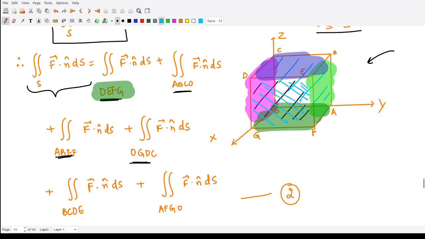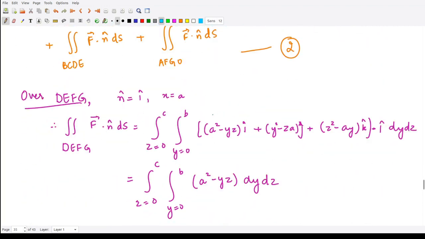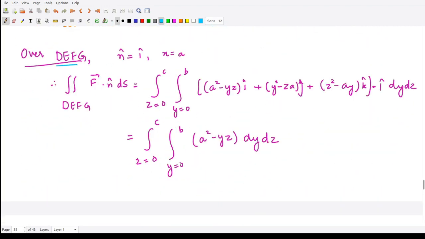So here this face is a distance away from the origin, right? And moreover, what is the normal drawn from this? It would be a unit vector which is drawn outside the surface and parallel to this face. So it would be the unit vector in the direction of x cap. What would be that? That would be i cap. So for this particular face DEFG, our unit vector is simply i cap, because the unit vector is drawn in